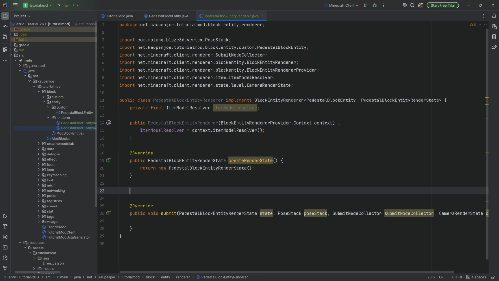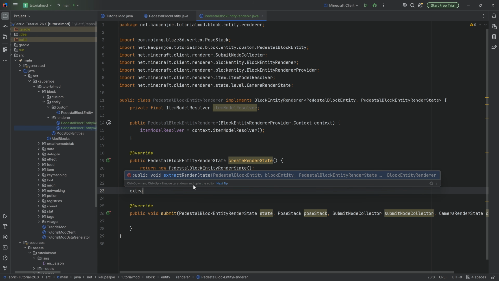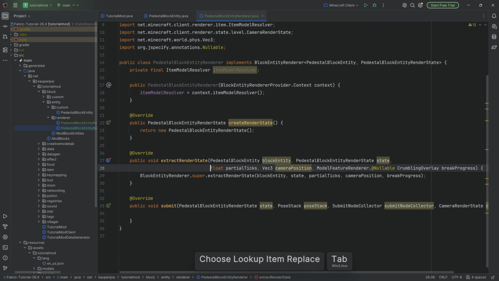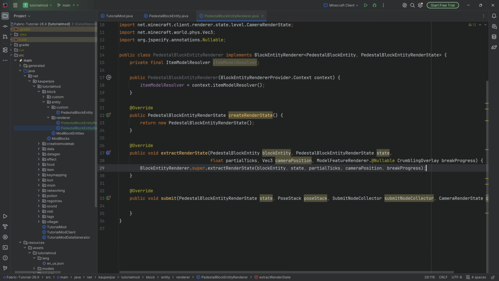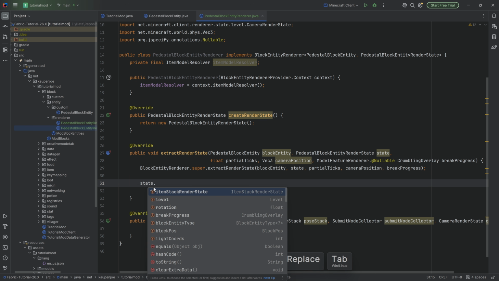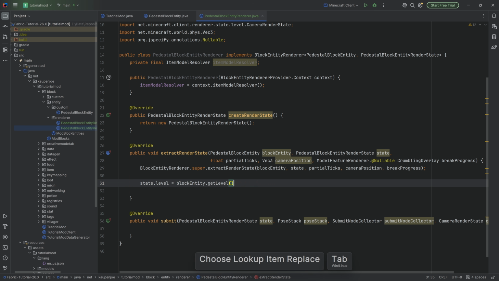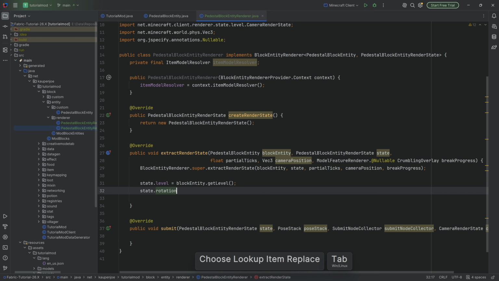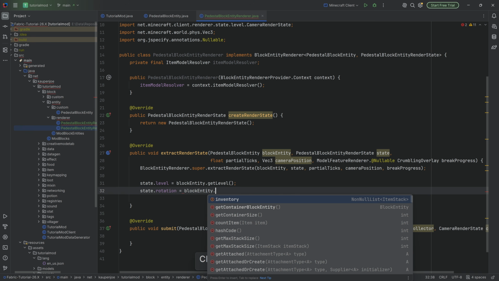And for the render state, we need another method to override, and that is the extractRenderState method. This one is actually incredibly important because this is the method where you have access to the pedestal as well as your state. And here you basically populate the state. So you say state.level is equal to blockEntity.getLevel. We say state.rotation is equal to, this is going to look a little bit weird, but just bear with me over here, block